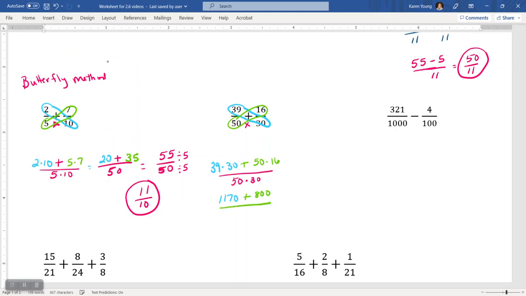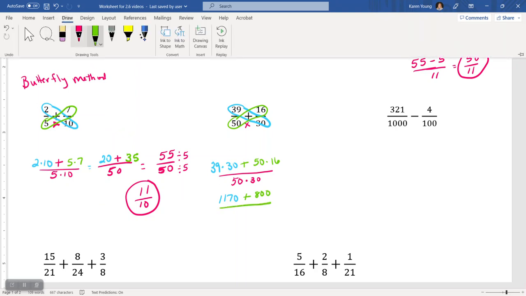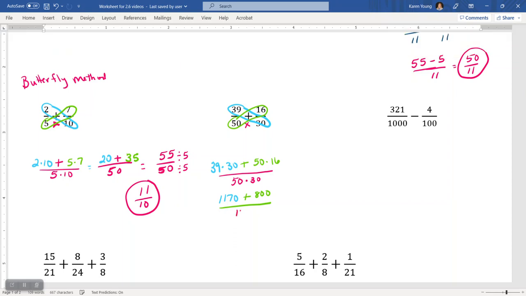Then 30 times 50 or 50 times 30 gives you 1500. Okay, so if I add those together, 1170 plus 800 gives me 1970